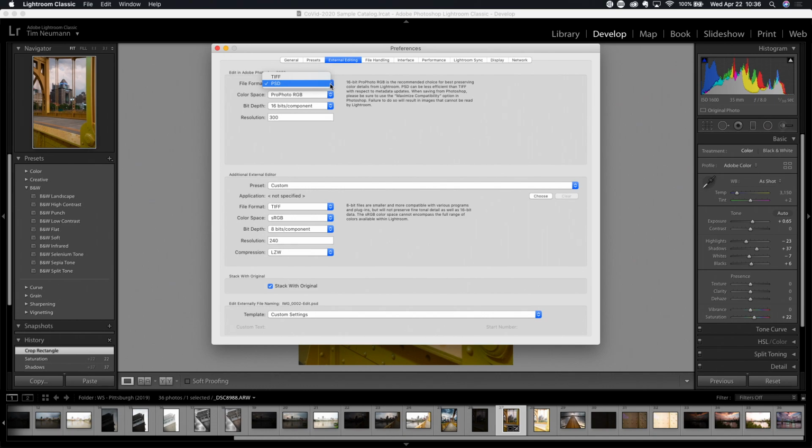And quite frankly, capability-wise, they're almost identical to one another in that they support multiple layers and they support alpha channels, etc. Really, the primary difference between the two is TIFF files are more efficient in terms of loading speed and file size, but PSD files offer all sorts of layer compatibility to other Adobe applications, not to mention other